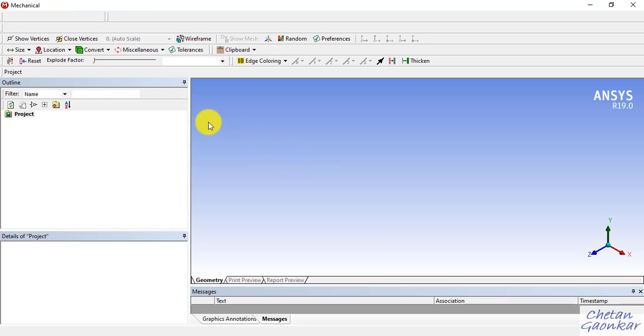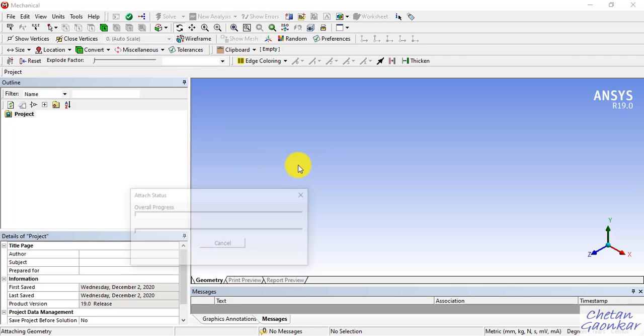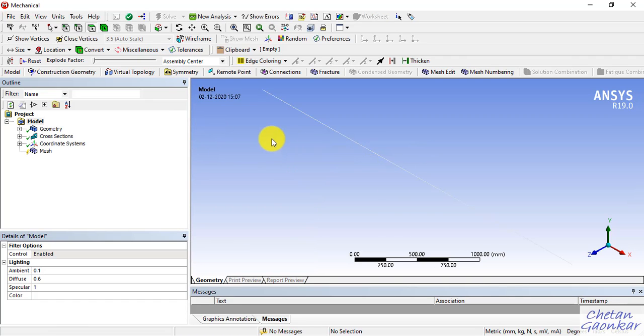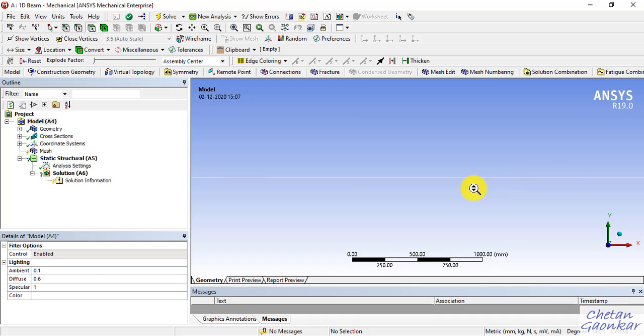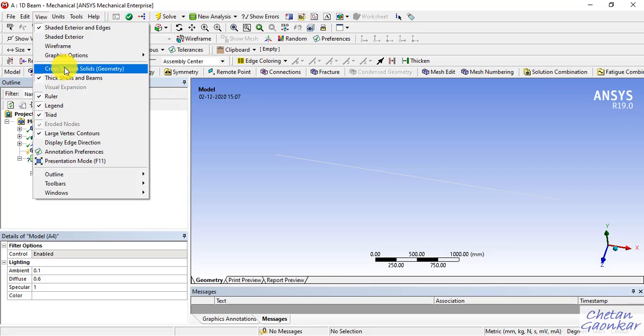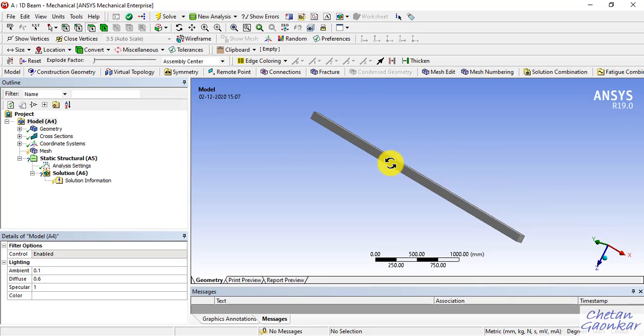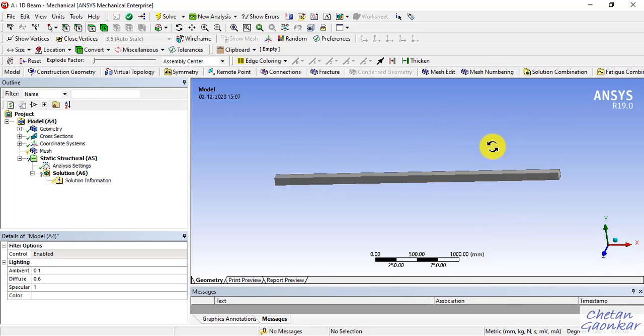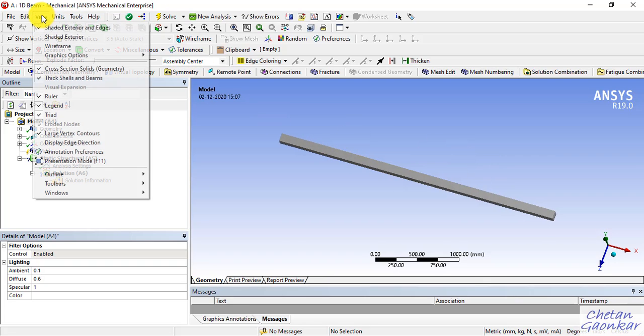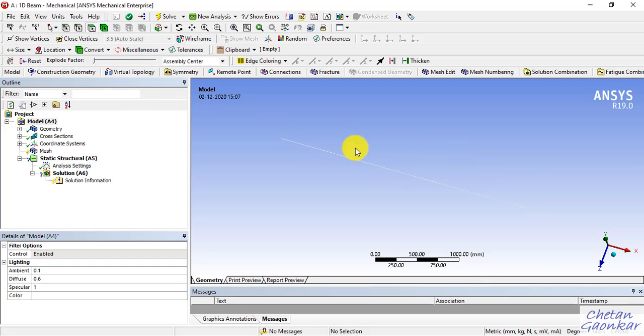Once this mechanical opens, you will be able to see our beam in terms of line body. This white line is nothing but our beam in terms of line body. If you want to check it in terms of a cross section, you can go to view and then click on this cross section solid. You will be able to see it in terms of its cross section. But I would prefer at present to look at it in terms of line body. So I will turn that off and then I will click on this Z to align it along